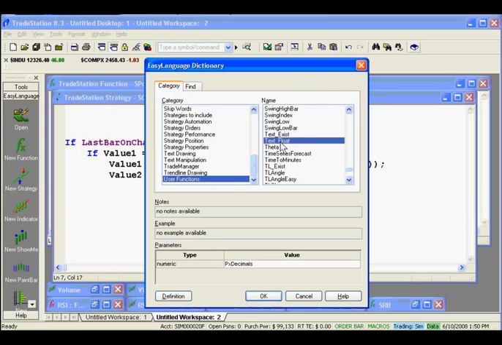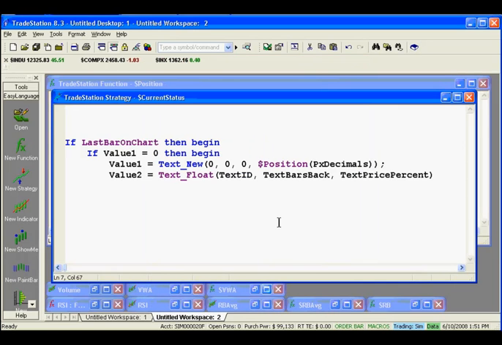Probably should use the Find tab. And it'll keep a particular piece of text floating. In other words, it'll keep it a certain number of bars from the end of the chart and a certain percent of the way between the highest and lowest prices on the chart. That way you don't have to worry about it scrolling its way off the chart or getting lost. It'll stay in the same relative location, relative to the end of the chart and the prices. Very convenient. So we'll say we want to float text object value1,